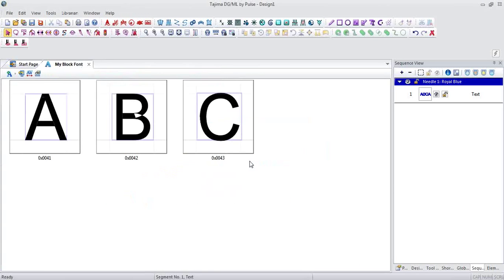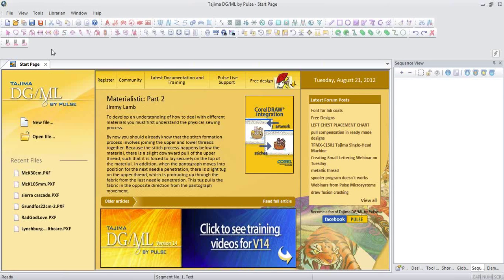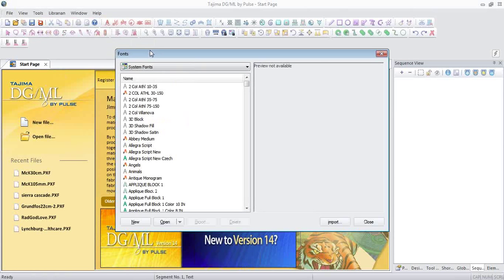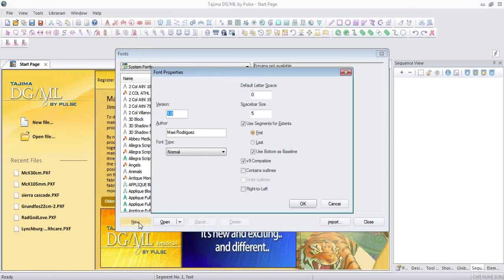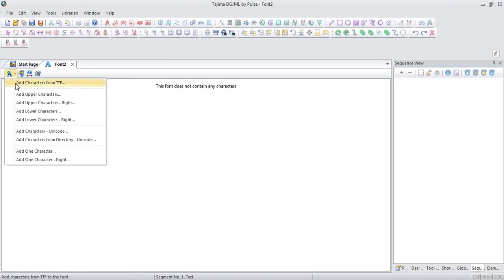So let me close this page, and let's close this one. We go into Menu Tools, Manage Fonts. Create a new one, and again switch off the compatible. Let's use Contains Outlines, and let's populate my new font file